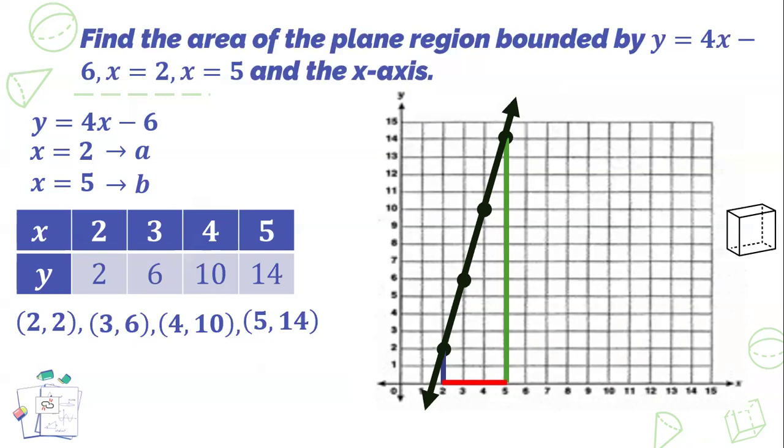So obviously, we can again count the total number of boxes. We have 1, 2, 3, 4, 5, 6, 7, 8, 9, 10, 11, 12, 13, 14, 15, 16, 17, 18. So there are 18 boxes. And then the incomplete ones will be 1, 2, 3, 4, 5, 6, 7, 8, 9, 10, 11, 12. So since there are 12 that are incomplete, we may pair them just like jigsaw puzzle. So 6 plus 18 is approximately 24. So we are assuming that indeed the area shaded here is 24 square units.